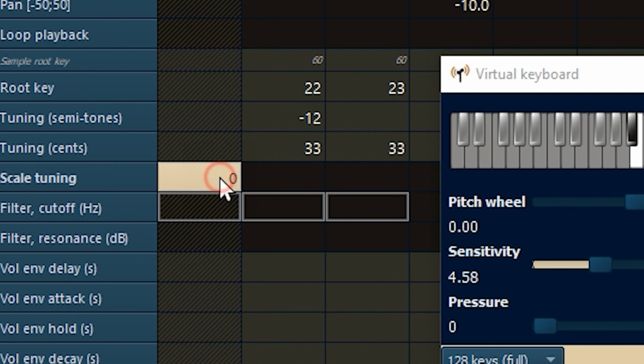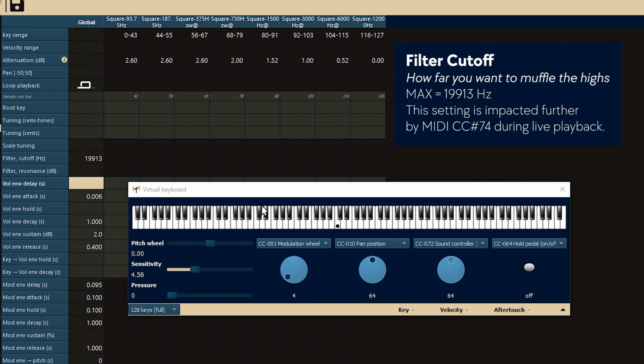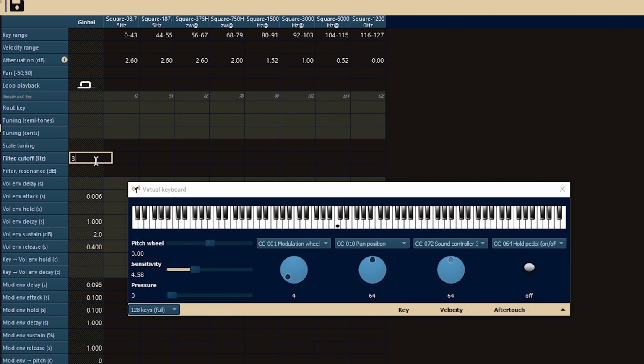The filter cutoff is a low-pass filter we can raise to well over 19 kHz, and we can set the filter resonance by decibels. You can have the full bandwidth of the sample when this field is empty. You can add some color to the filter or emphasize your filter more with filter resonance, but too much filter resonance will hurt your ears, so be careful while trialing that. Probably you might not want to exceed 30 decibels of filter resonance.